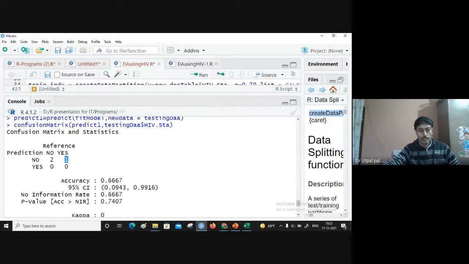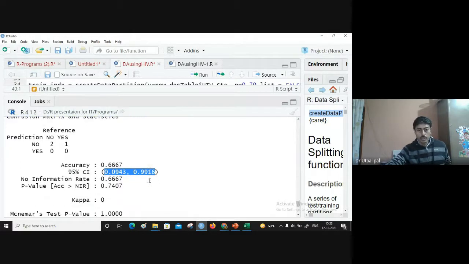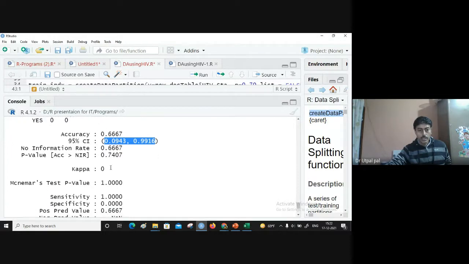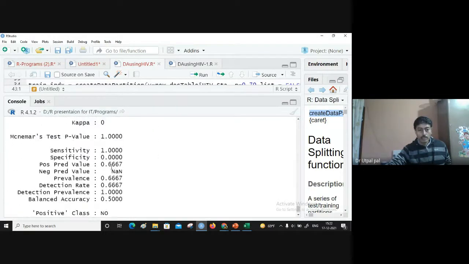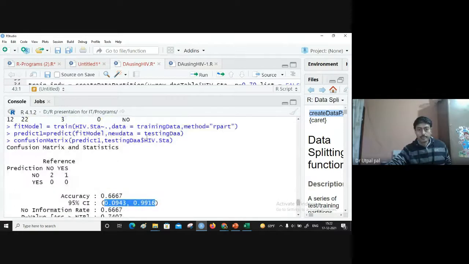So the accuracy of the model is 0.66. The 95% CI is also wide, it depends on the data actually. Here we have a very small segment of data, so the result will vary depending on the data set. So these are the statistics and the accuracy of the model. We can check here.